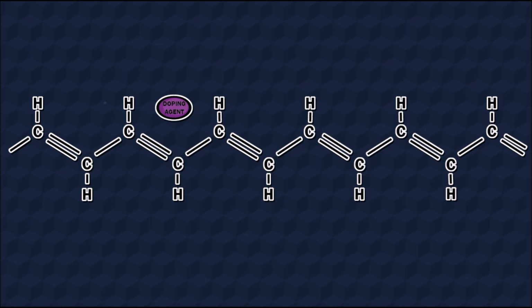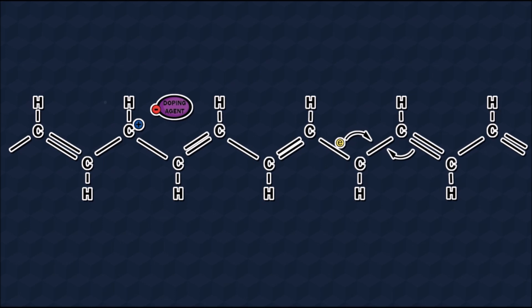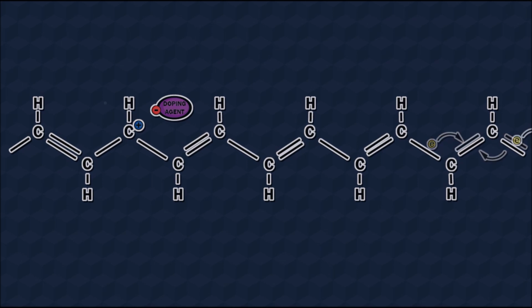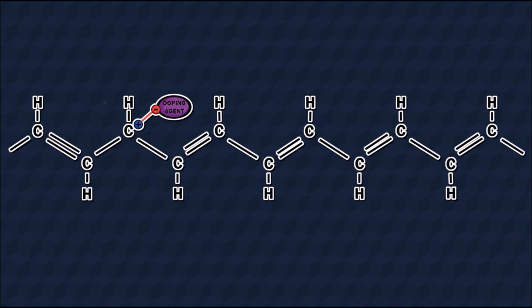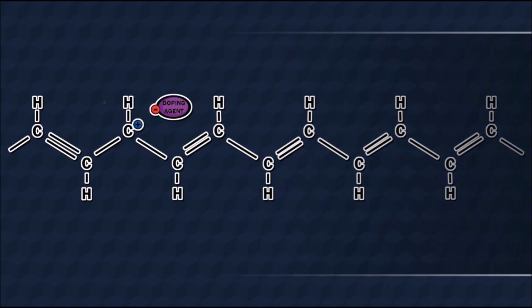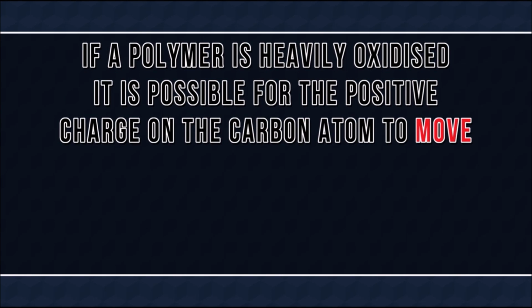P-doping was used to modify polyacetylene. The resulting doped polyacetylene is a salt, in which the electrons from a double bond can move throughout the polymer, carrying charge and therefore allowing current to flow. The positive charge on the polymer radical cation is fixed in place by the electrostatic attraction to the ions of the doping agent. However, if a polymer is oxidized heavily, the positive charges can be moved along the polymer chains